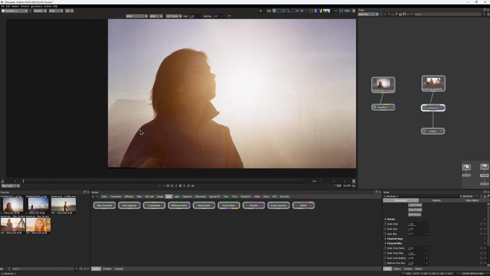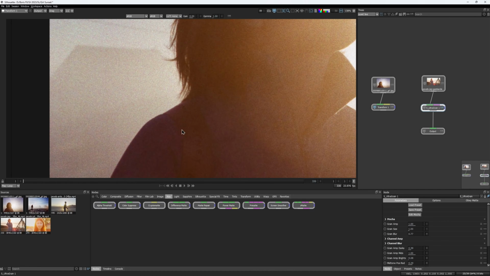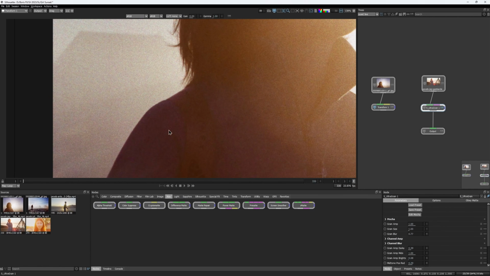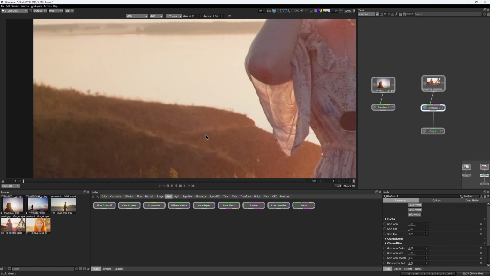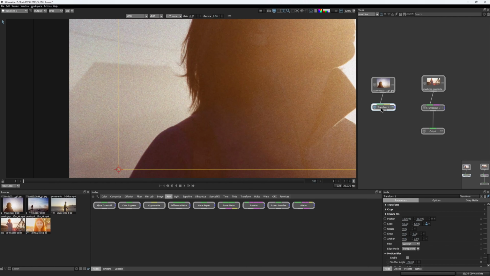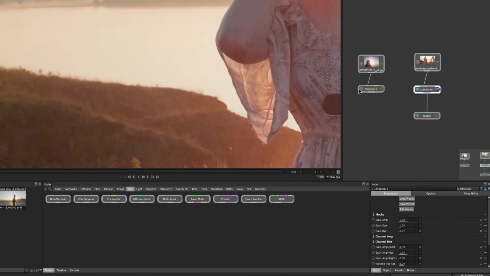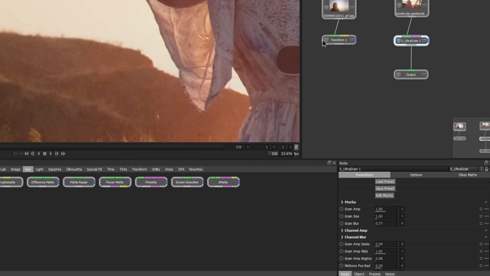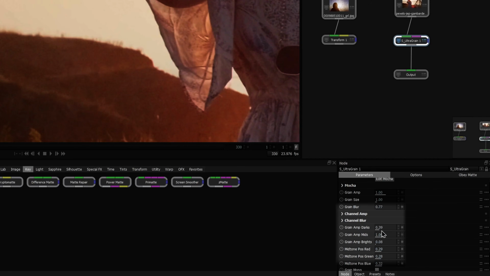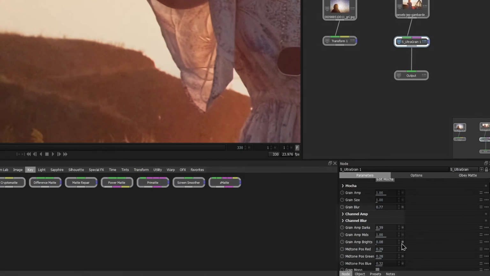I will be focusing on this area because, remember how we discussed that grain is distributed differently in shadows and midtones, and this area has both of that, so it will be easy to compare. What I can see now is that the pattern looks really close, but we're not quite getting enough grain in the brighter areas. And if you want to match that perfectly, that is totally customizable. Head over to the Ultra Grain settings and you'll find three separate parameters for the amount of grain in your darks, mids and brights.